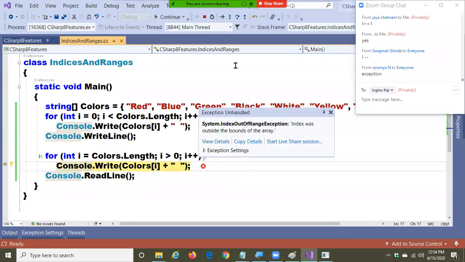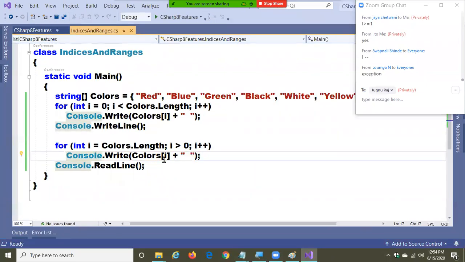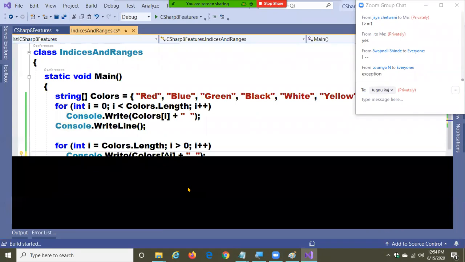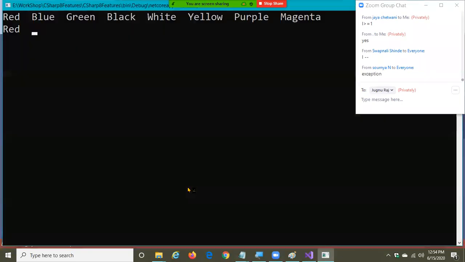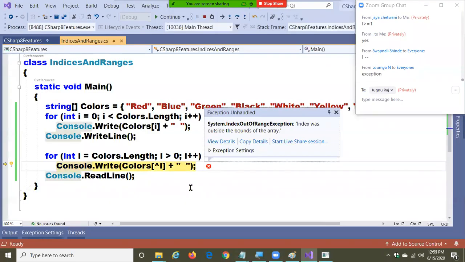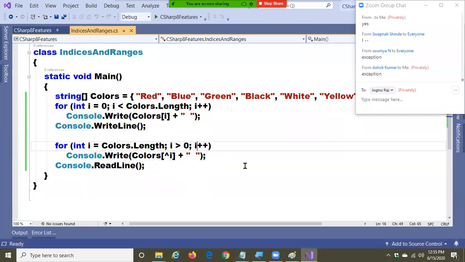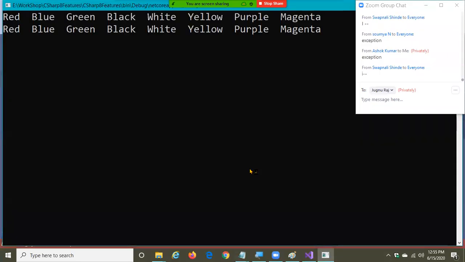What should I write? The caret operator, and then I should use it. Got it? Oh, sorry. I've written i plus plus here. That's a mistake, it should be i minus minus. I'm sorry. Yeah, got it. See.